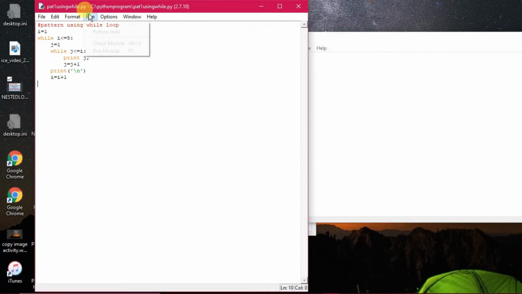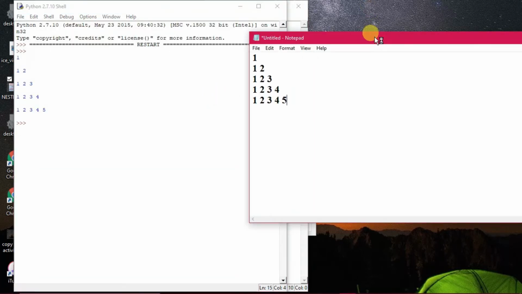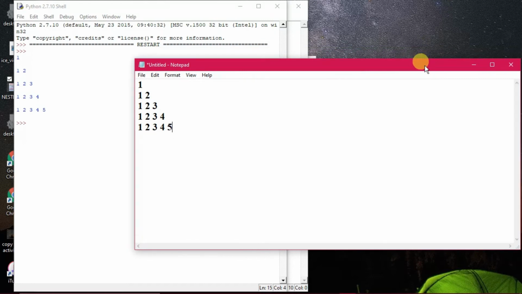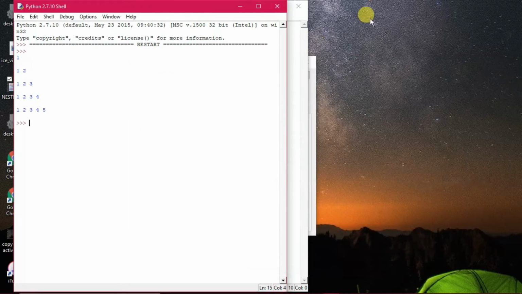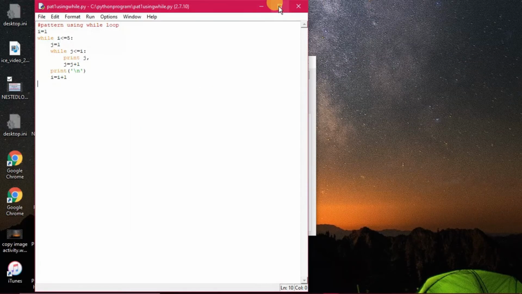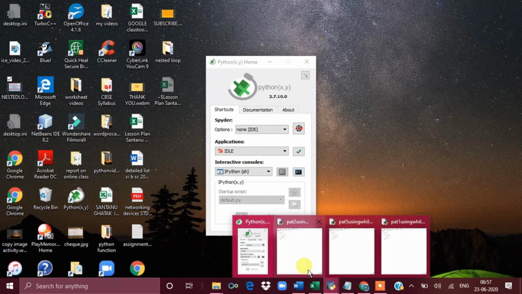Now if I execute the program as I have generated it, let's see whether the output comes in that way or not. Yes, see, the identical output has been generated. So that is actually the functioning of the nested loop. I hope you understand this particular program. One more program of this kind we will come up with, for example this one.